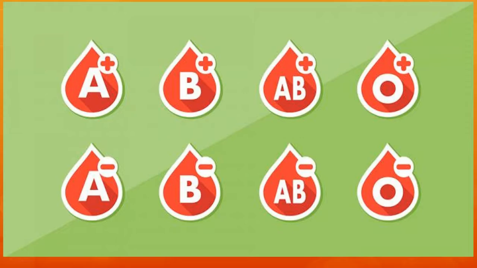All right, so here are the types of blood. We have A positive and A negative. We have B positive and B negative. We have AB positive and AB negative, and O positive and O negative. So you may have noticed in the video it showed us that the AB type is the rarest form. Furthermore, it's actually when we talk about